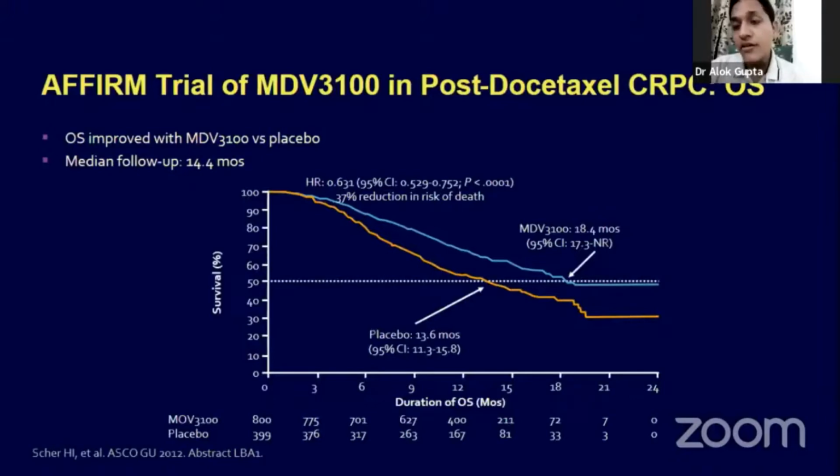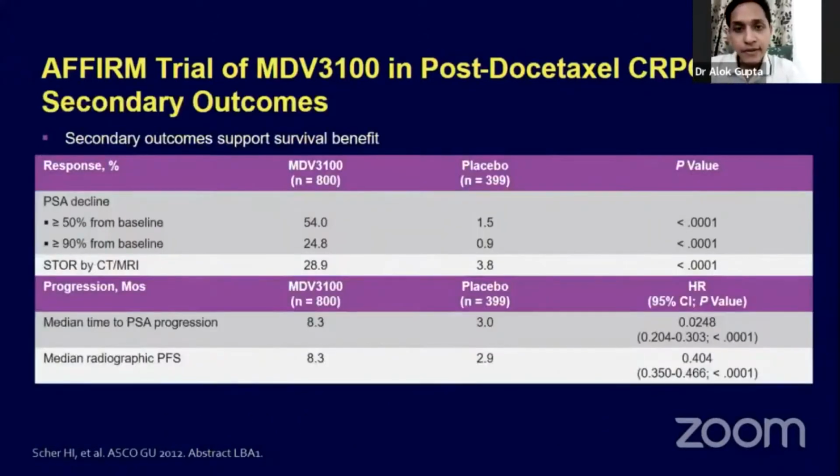Now, if we recall docetaxel, which was the first agent to be approved in the mCRPC setting, it improved survival to the tune of around 2 months. Now, this agent, in a previously treated CRPC population, that is, one resistant to docetaxel, showed an absolute improvement of 5 months in overall survival. And because of this, a decade back, it got approval by the US FDA to be used in this type of patient population.